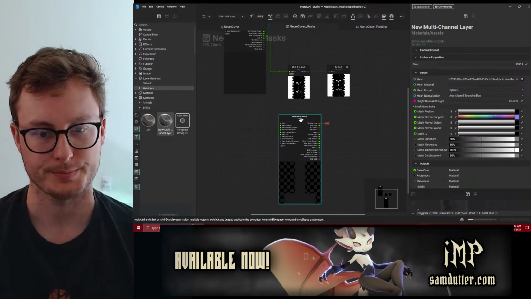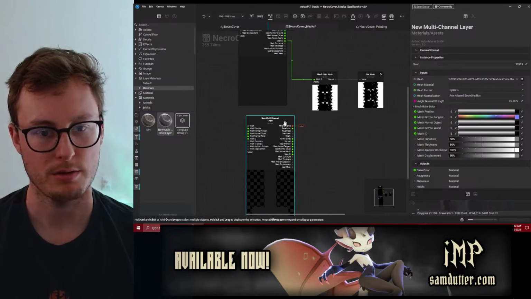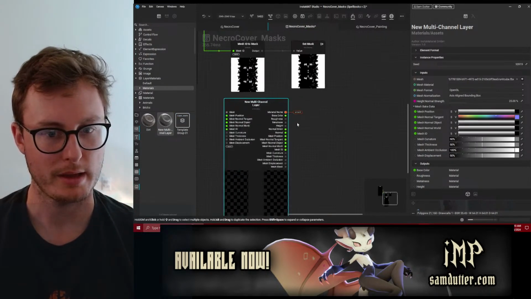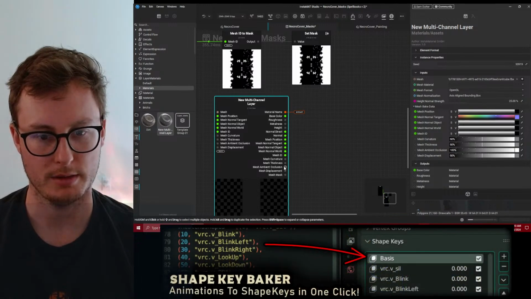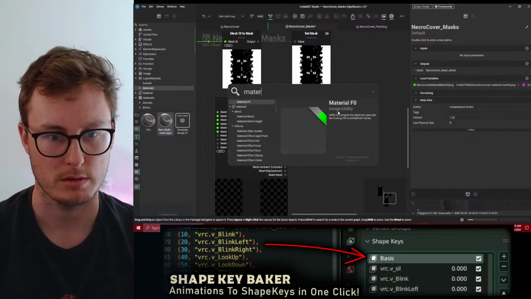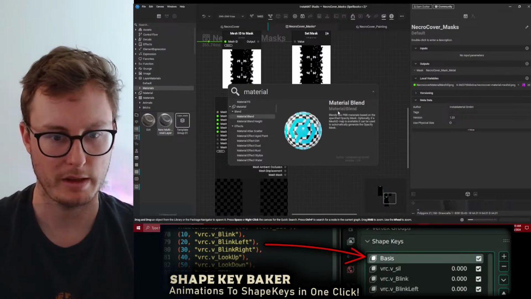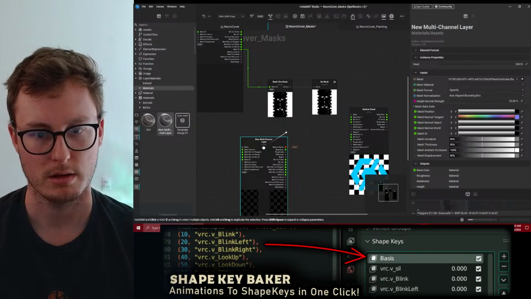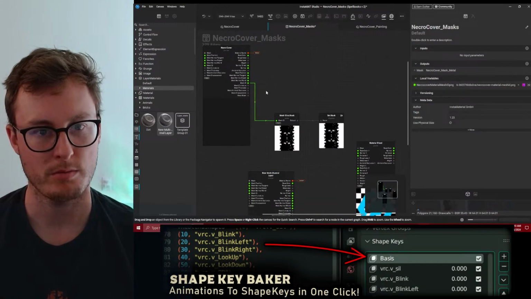Okay, good stuff. So now we have the multi-channel here. What I would like is to be able to do a channel blend, material blend. So material, like this, material blend. Amazing. That way, we extracted from our mesh ID